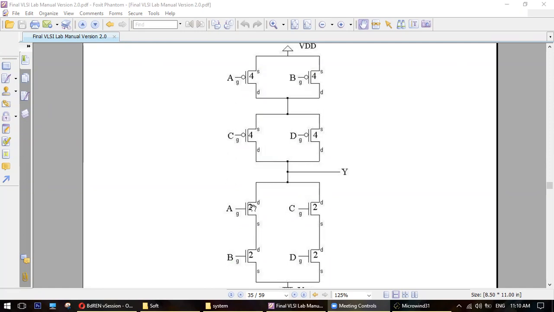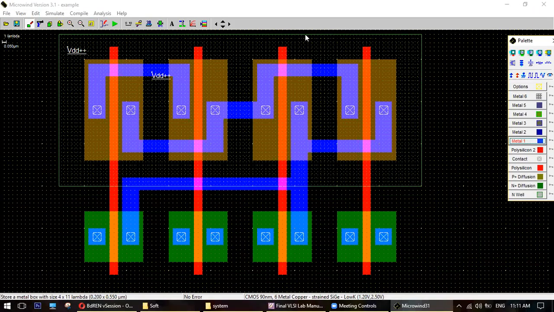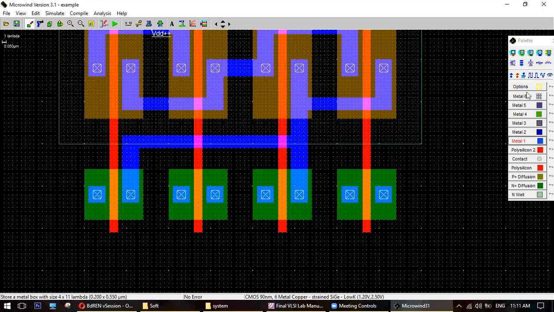Okay. So A and D, they are connected together because source and drain are connected. A and B. A source, B drain. So A source is this one. B drain is this one. So they will be connected. How they will be connected? This is a pure problem. Okay. So we can make this connection like this, right? But there will be a problem here as well. I will explain later. But let me connect this together like this.